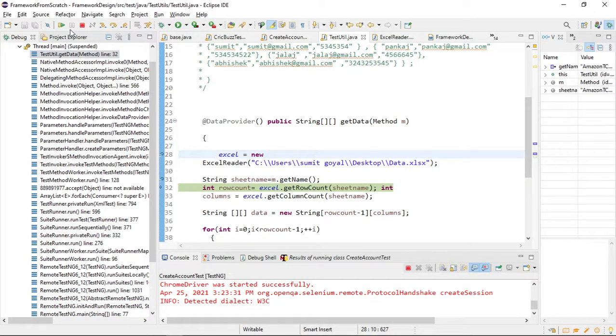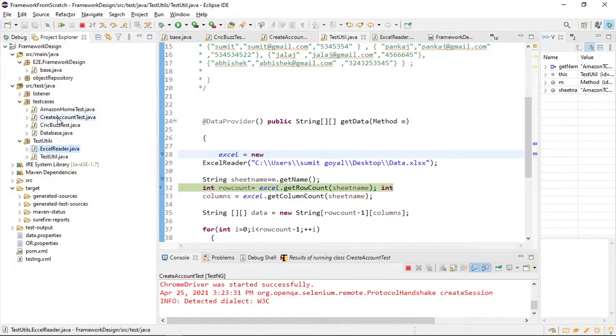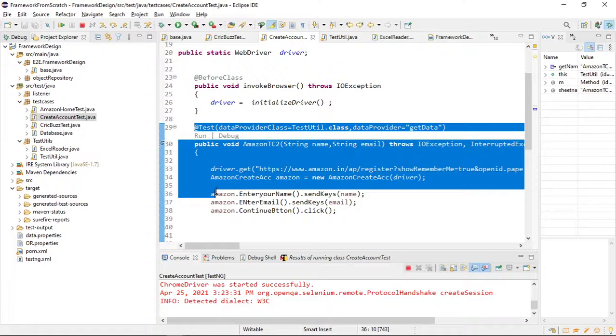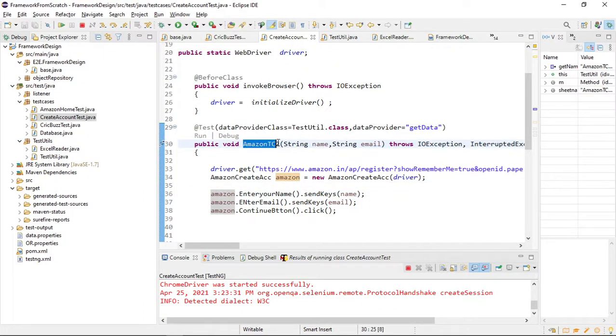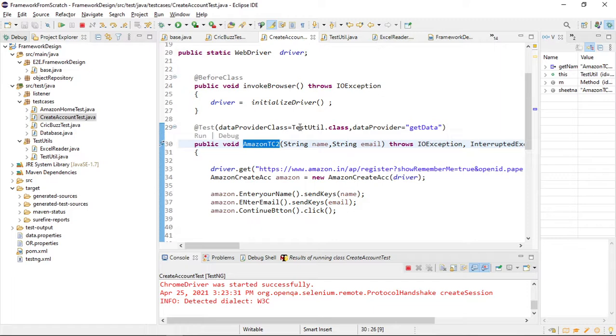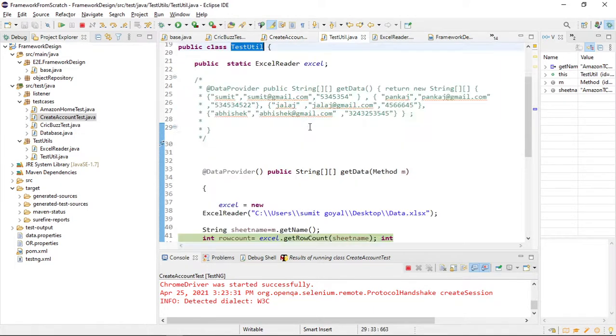So why is it giving us this method M? If you see this class, which is this one, this class needs a data provider. The test case name is this. So whichever class calls this data provider, if you provide method M, that will give you the name of the test case. So this method M will simply give us the name of the test case.